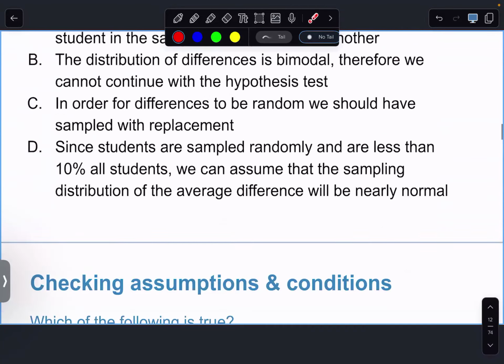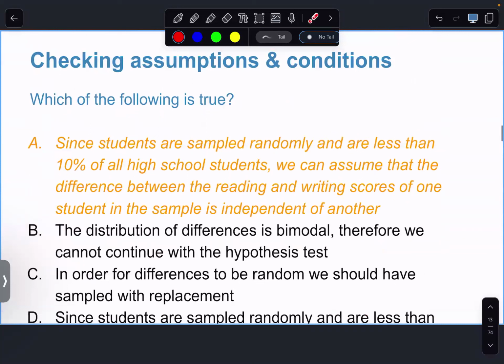And instead of this here, the independence condition: we have to assume that our observations are independent of each other. And by that, we mean the observations, the students that we collected, have to be independent of each other. One of the things in paired data is that we're actually assuming that between samples is not independent. In fact, they're dependent because they're paired, right? And so we're only concerned about independence